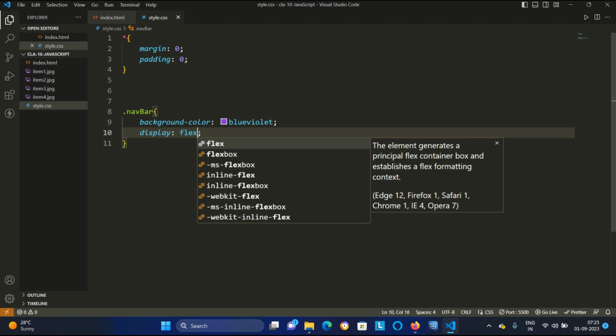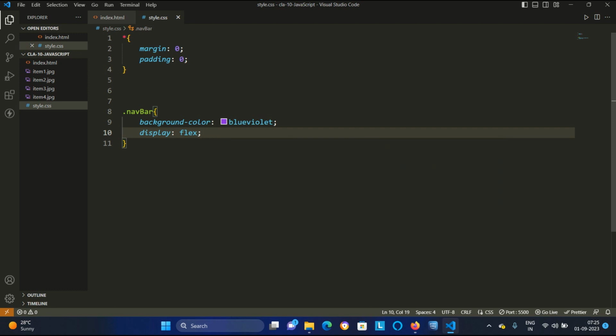Again, you can have a separate class for flex. But right now, if you remember the things I am telling you, you will be capable of understanding flex. So here I have told you two things: one is the box model, another is flex. I have shown the box model in CSS, now I am telling about flex.